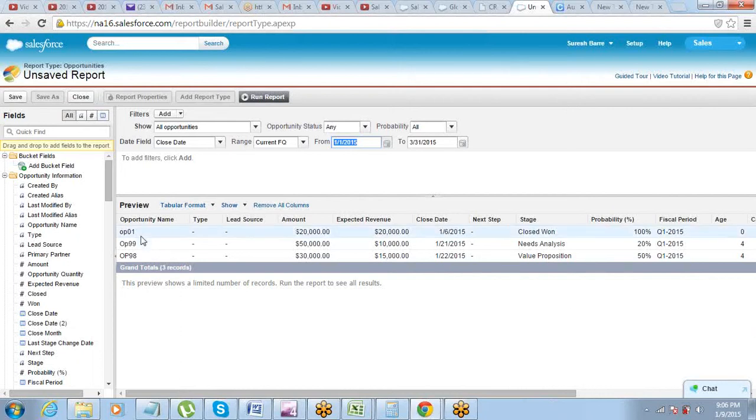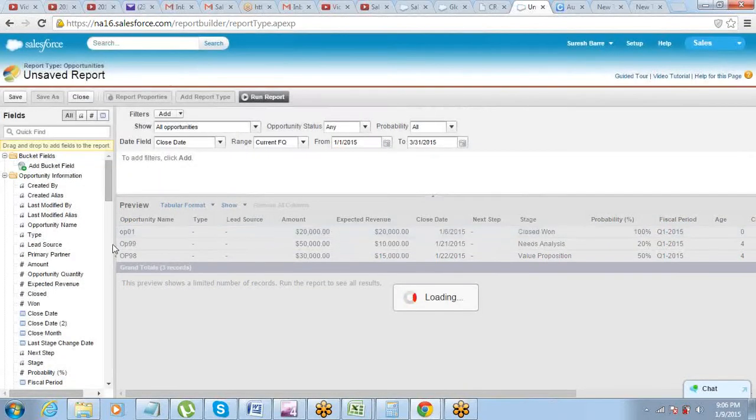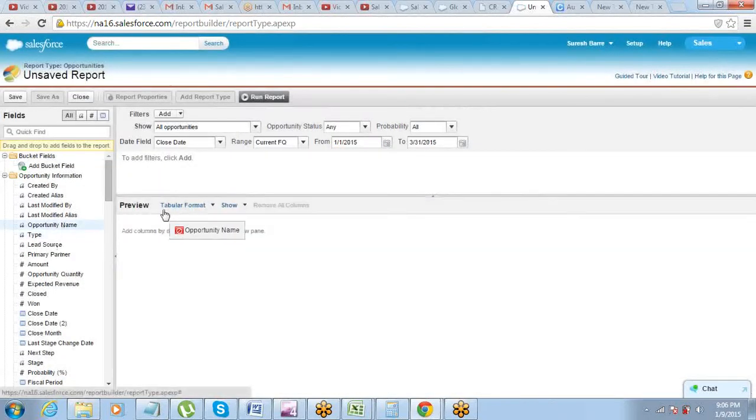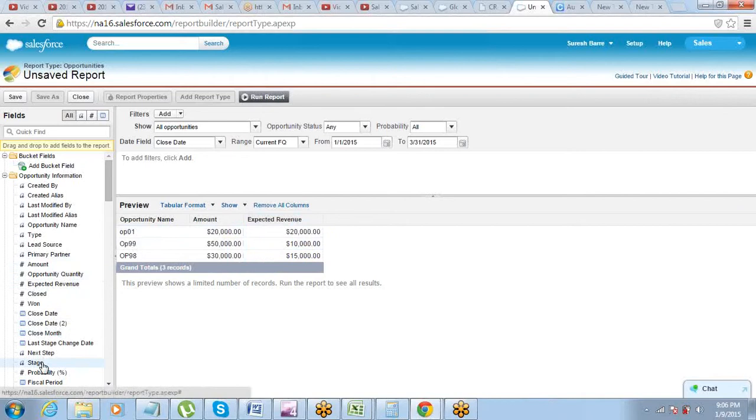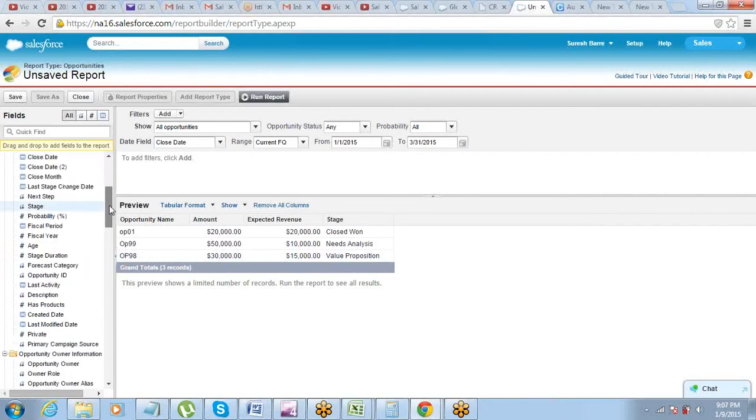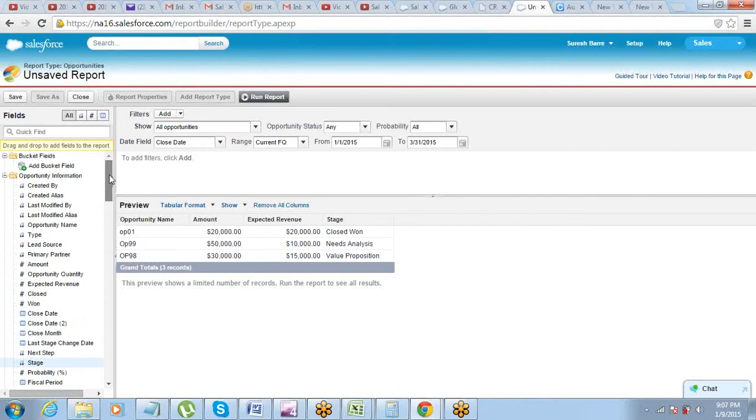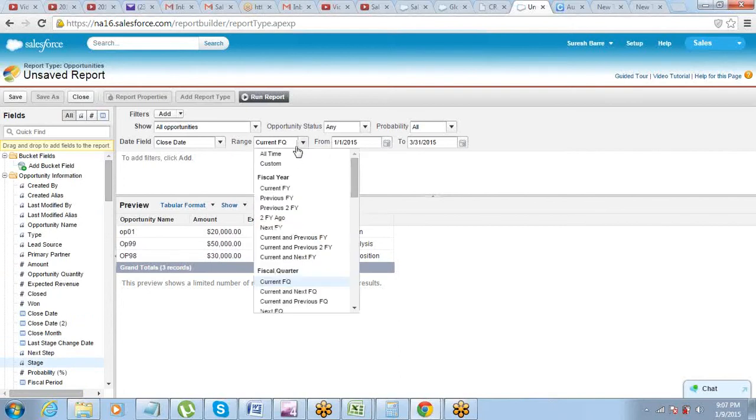So let me remove all the fields and I will just include the ones that I need. I need opportunity name, I need amount, I need expected revenue, I need stage, and that's it. Let's just keep these fields, okay? Let me also clear this one, make it all time.